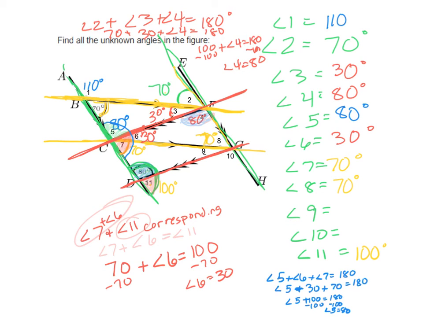Angle 9 is made up of yellow and red. Oh, yellow and red. I see other yellow and red. So I've got my parallel lines. I know 9 is inside, so I'm going to look at interior, and on the opposite side of my transversal, alternate interior, I have 30 degrees, because angle 6 and angle 9 are alternate interior angles. I can get angle 10 now because